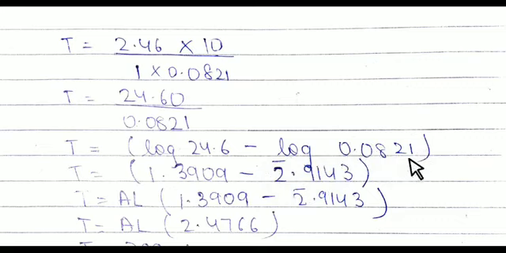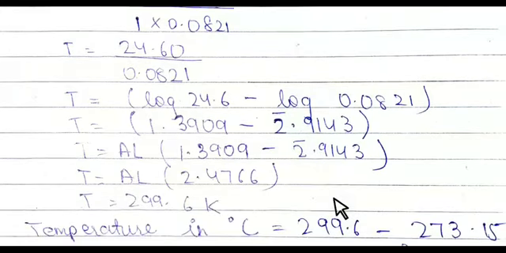0.0821, so means 82 के 1 में देखना है, so it will get 9143. Just minus both the values, we will get 2.4766. Now taking antilog of this. So you have to see the antilog in 47 के 6 में, main difference 6. So we will get 47 के 6 में main difference 6 में, we will get 299.6.